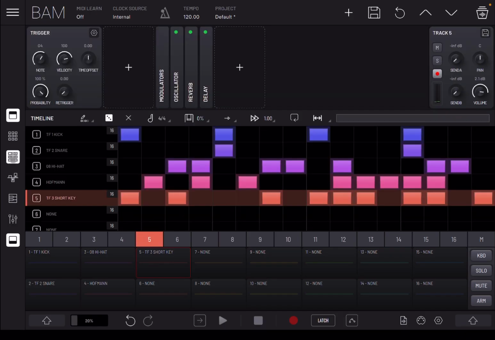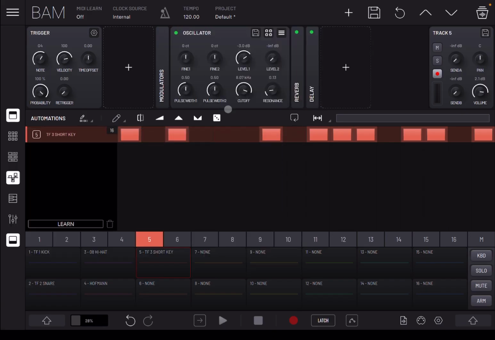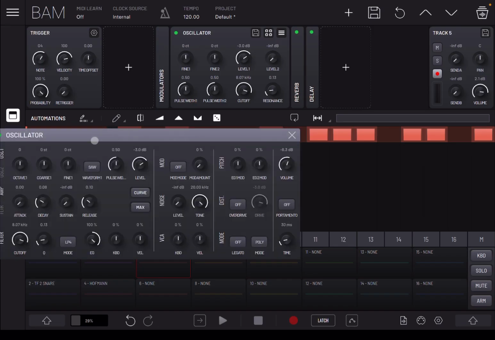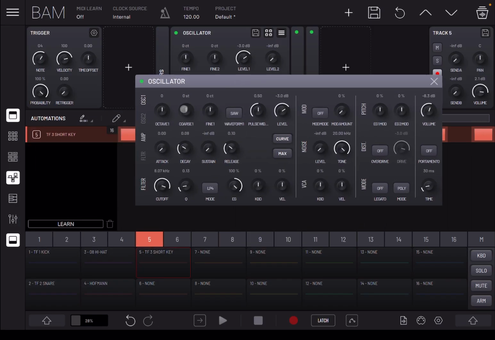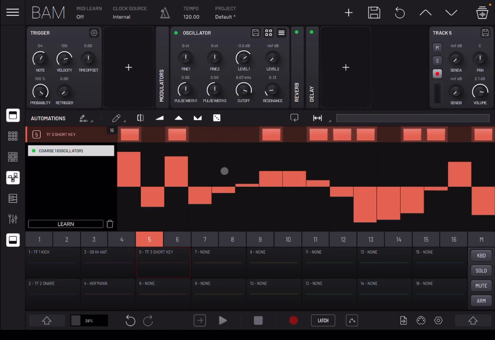Now let's add some variability again. So let's go to the automation here. Okay, so now let's double click here on the oscillator to open this. But then what we are going to do is click again on it, so that we reveal the window with all the parameters so that we can see this coarse parameter. Click the shift button here and hold and click on coarse, and it will add that parameter for automation. Now let's randomize that, and it will randomize the coarse level, which of course means that it will change